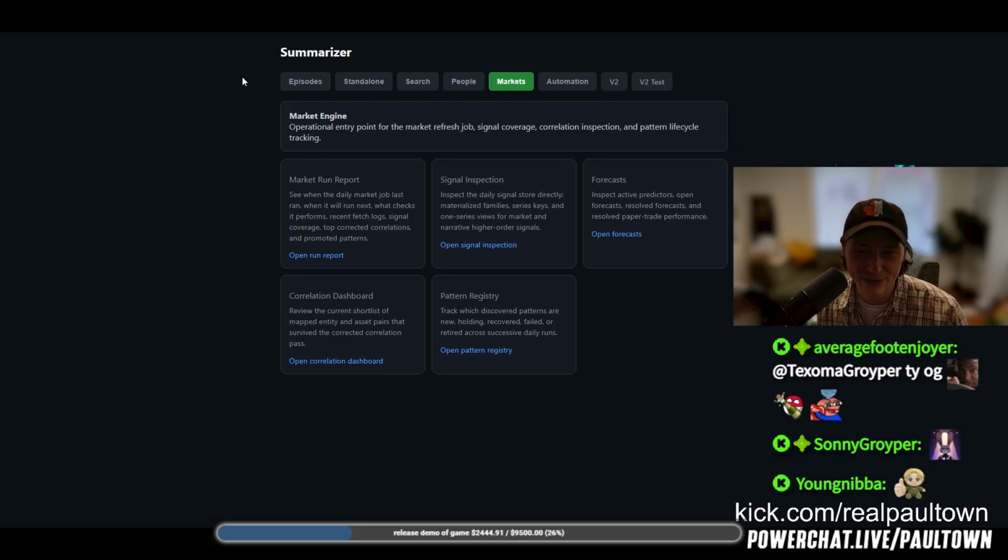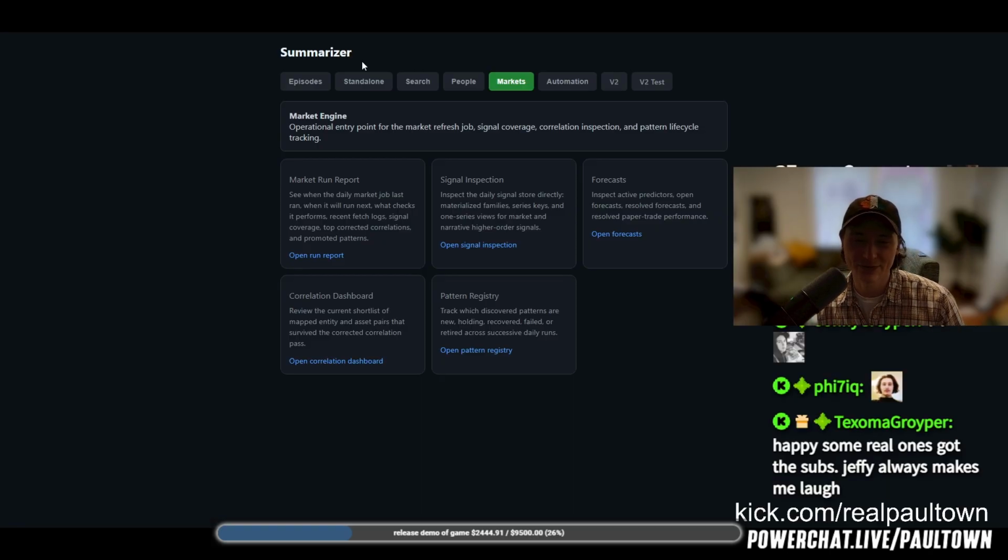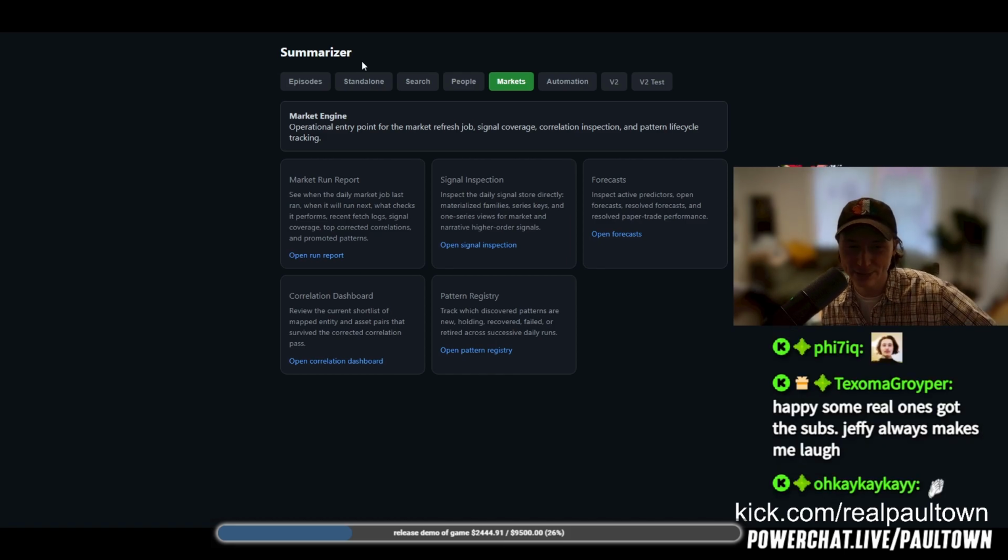We want different groups of patterns and different groups of signals and different groups of forecasts and correlations based on different groupings of people. Because we're eventually going to have right-wing people, left-wing people, libertarian people, pro-capitalism people, pro-communist people, different sorts of people and different sorts of opinions. And those should all start being grouped by how they talk about things rather than their official claims, right? Whether they like or dislike people. And that way we start getting different channels of